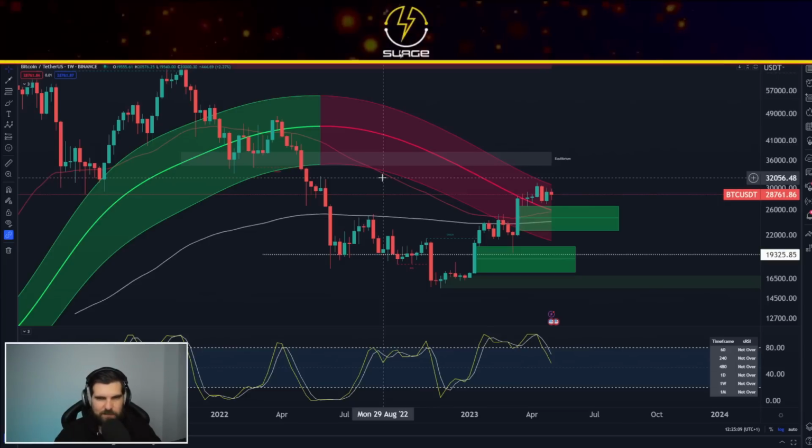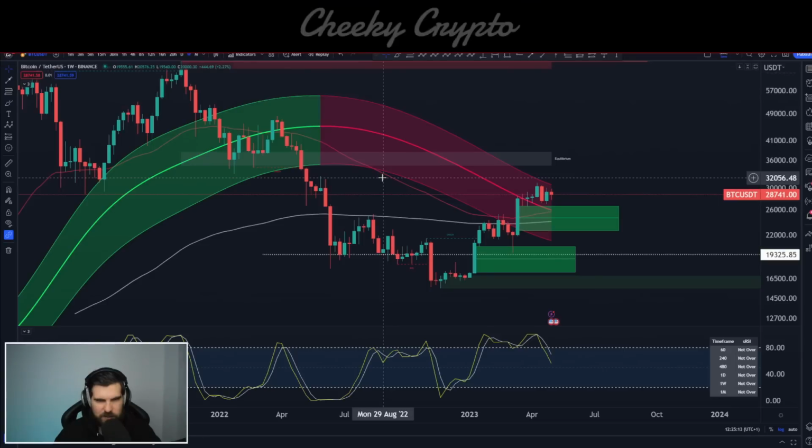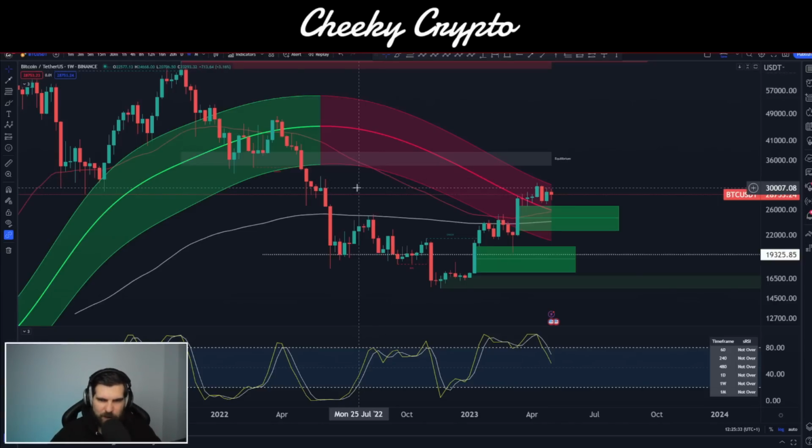But essentially, we see a significant reduction in volume in terms of inflows and outflows on Bitcoin as well. So we know that there's about a 45% reduction in the amount of Bitcoin that's been going on and off exchanges versus that of 2019, where we had a similar run. So we know that that's different. We also know that we came down lower than the previous all-time high for the first time in Bitcoin's history. That's also different. And why am I talking about all these differences?